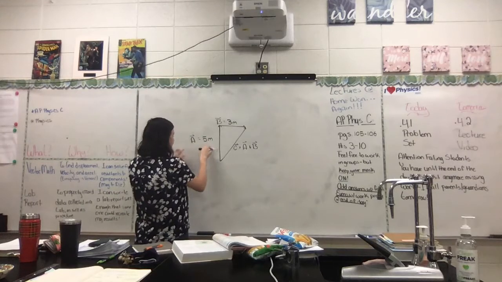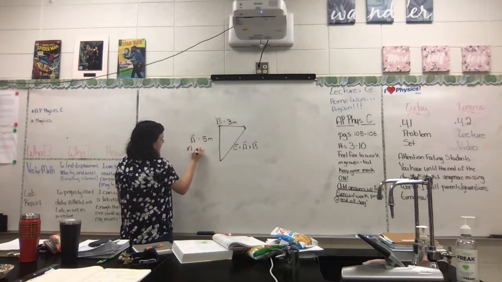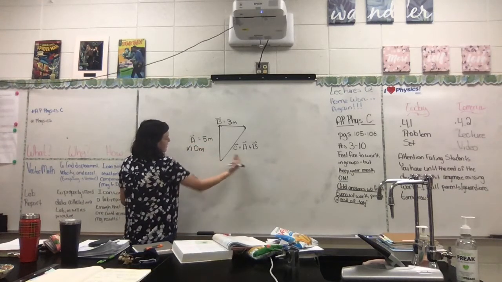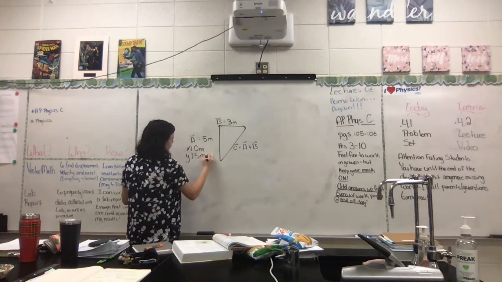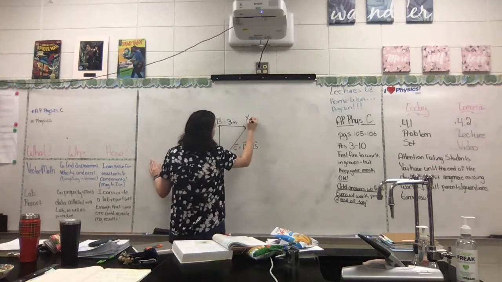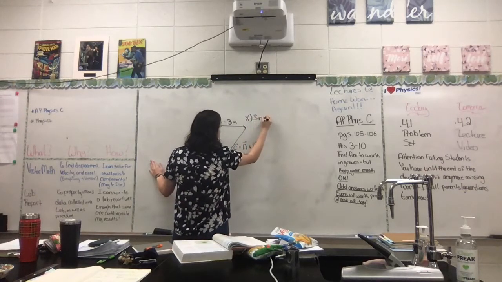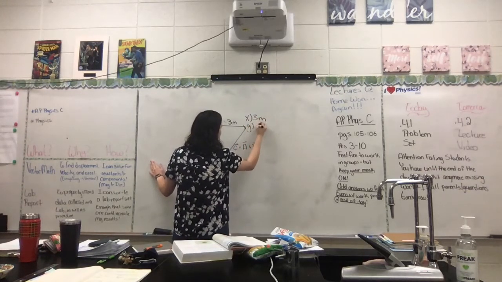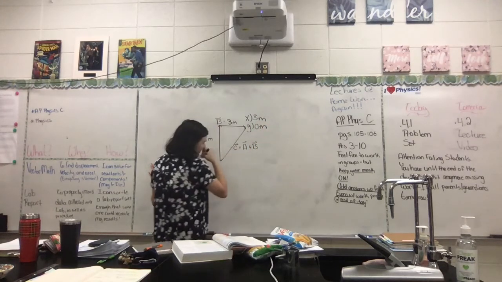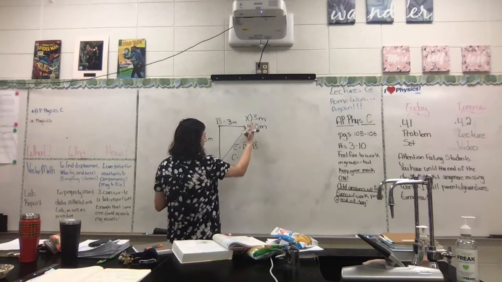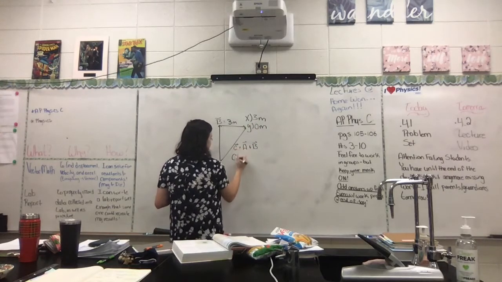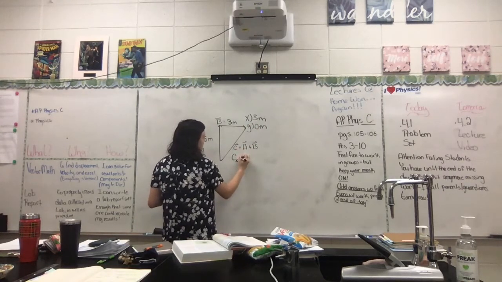So, vector A's x component is actually 0 meters. You'll see it goes nowhere in the x direction, but its y component is 5 meters. And then for vector B, its x component is 3 meters, and its y component is 0 meters. So in order to find vector C, to find the magnitude of it, we're going to want to find its x and y components. So its x component, C sub x, is going to be